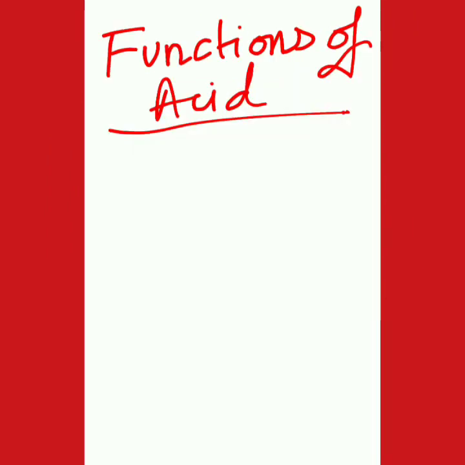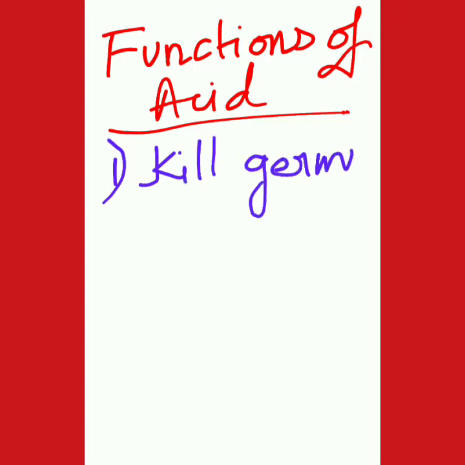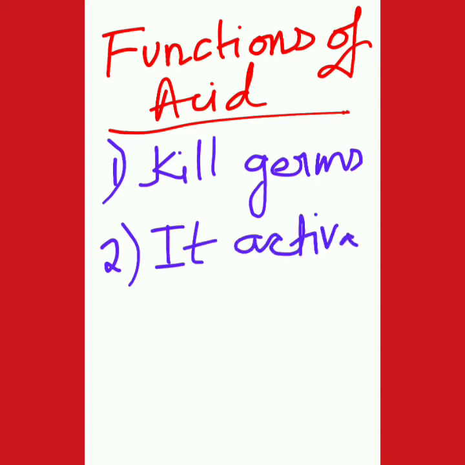So the acid serves two functions, that is HCl. First of all, it kills any germs which may have entered along with the food. And the second one is it activates the enzyme called pepsin